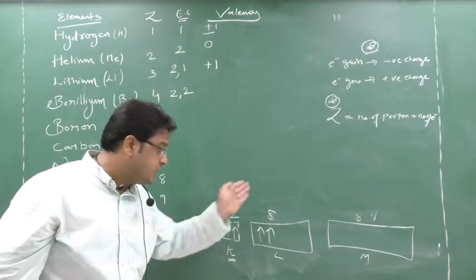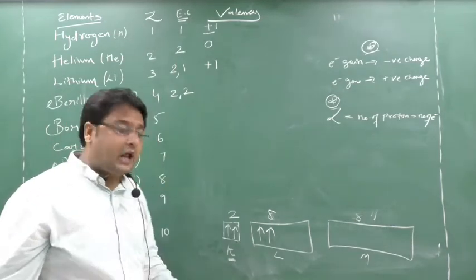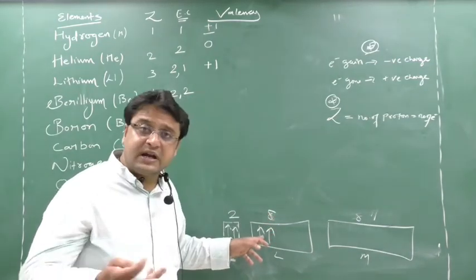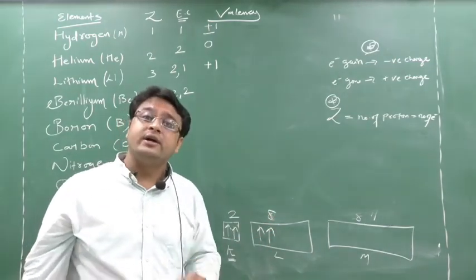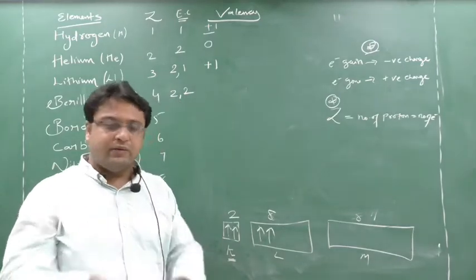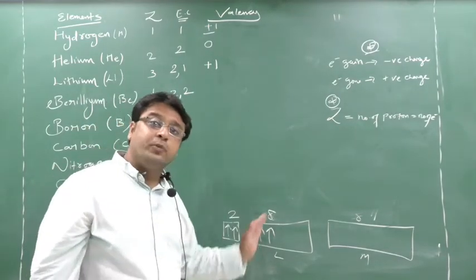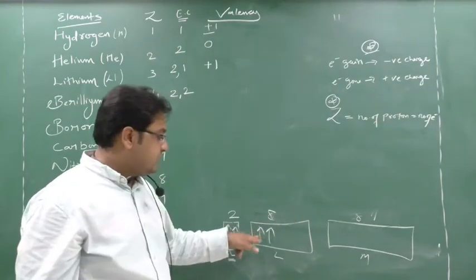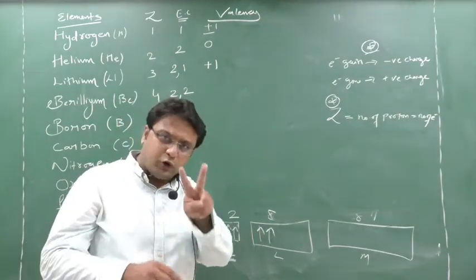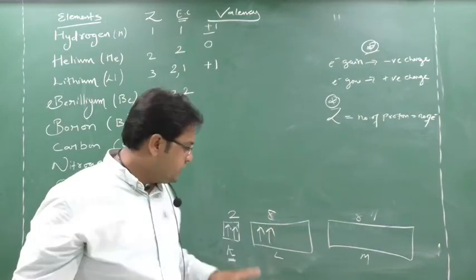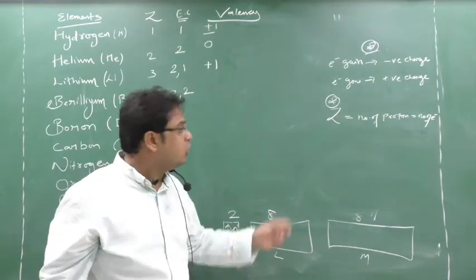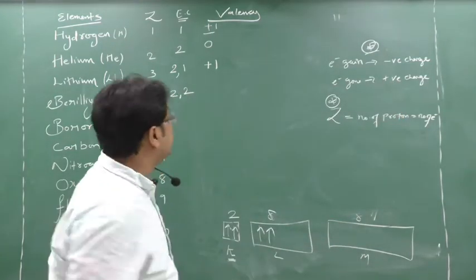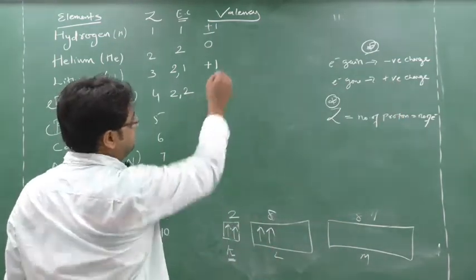But hotel wala will tell the L room. In the L room, required how many? 8. Persons are there? 2. So how many are required? 6 more are required. So hotel wala will tell this person, either you bring 6 or you go, both of them. So is it capable for this 2% to search 6? No, it is not possible. So this 2% will go. Means these 2 are going, means create which charge? Positive charge. How many are going? 2 are going. So you have plus 2 charge.